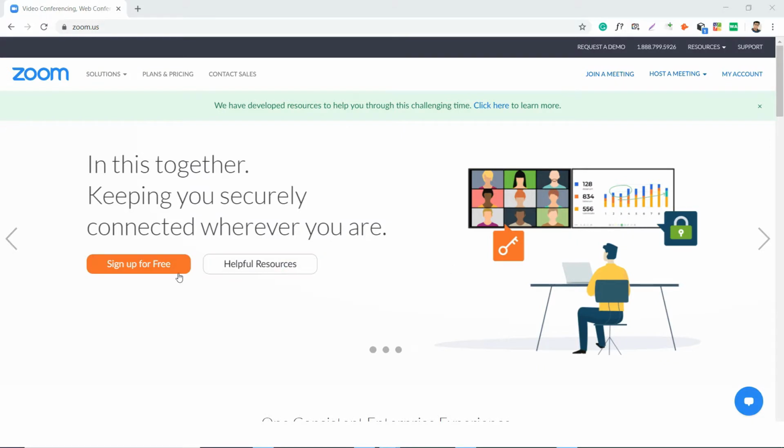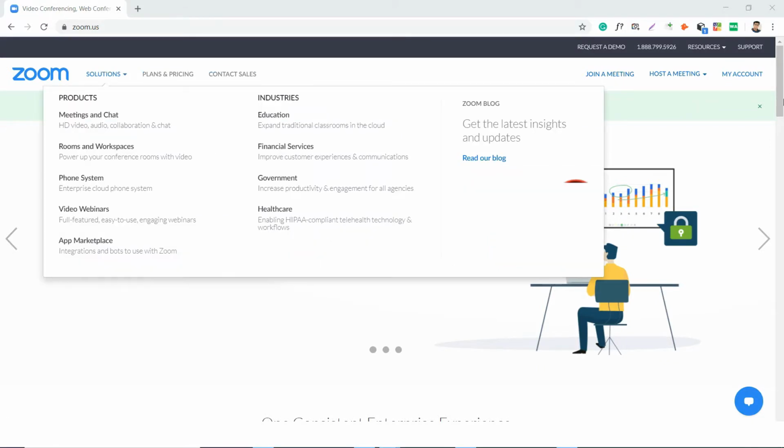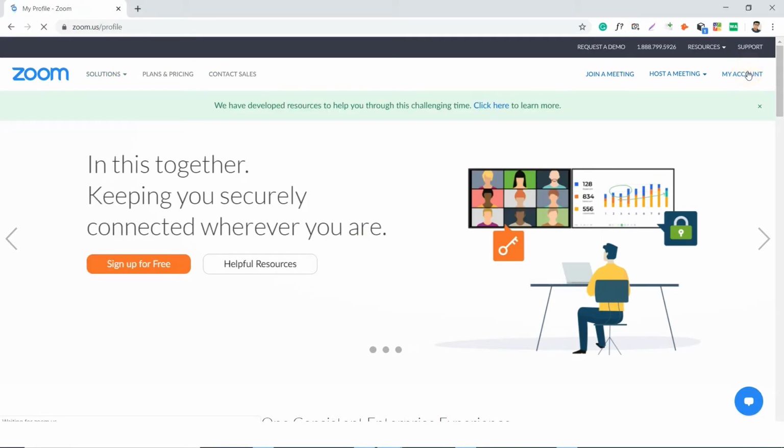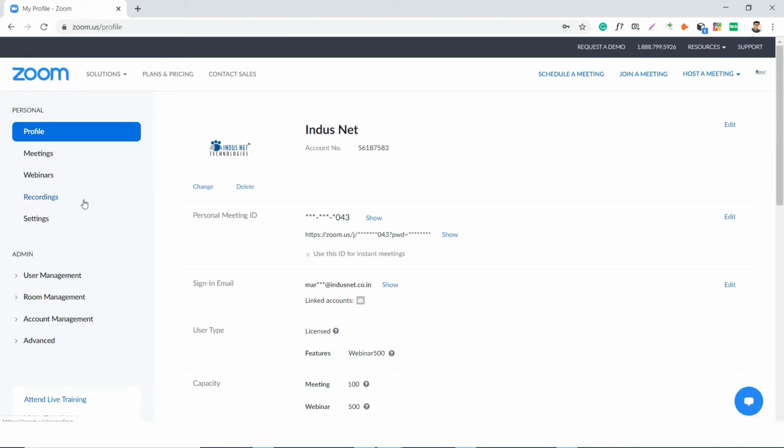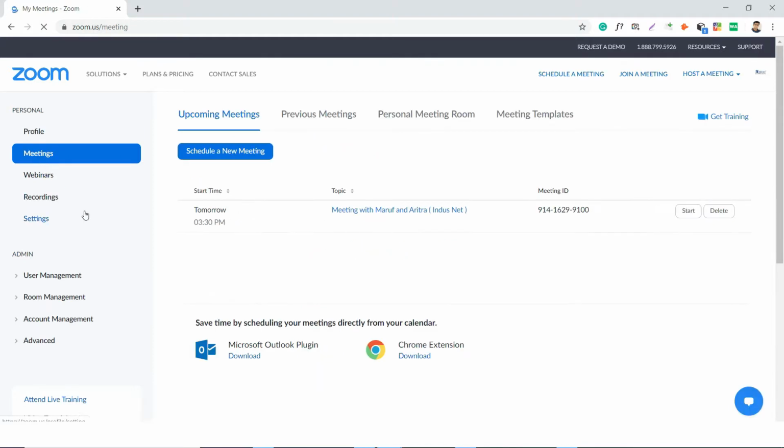So the first step would be to log into your Zoom account. So right now I'm already logged into my account. So I'll simply click on my account over here in the top right corner, and you can head over to webinars or meetings. So if it's an internal meeting that you're hosting, then in that case you can simply set